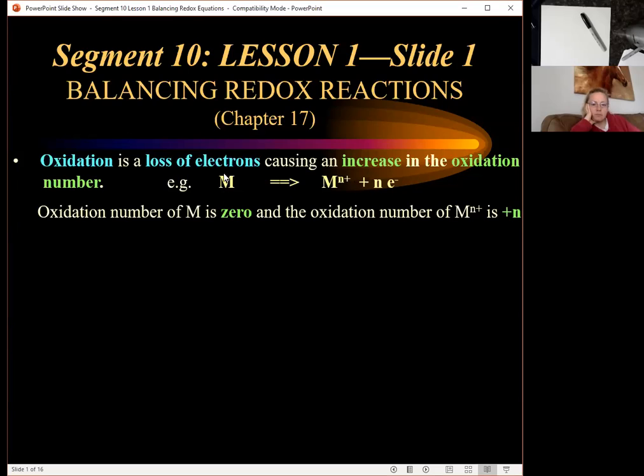So in this particular reaction, the metal starts out at oxidation number 0 and goes to plus N. So that's the oxidation numbers. And we can see that you did increase the oxidation number. You also lost electrons. So be sure if someone asks you to define oxidation, you talk about loss of electrons, because that's what it is. But it's easier to follow in an equation if you just look at the changes in the charge number that